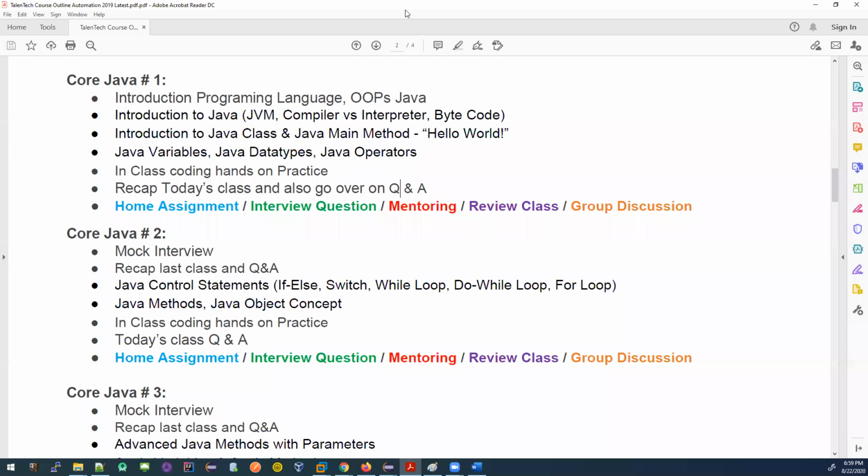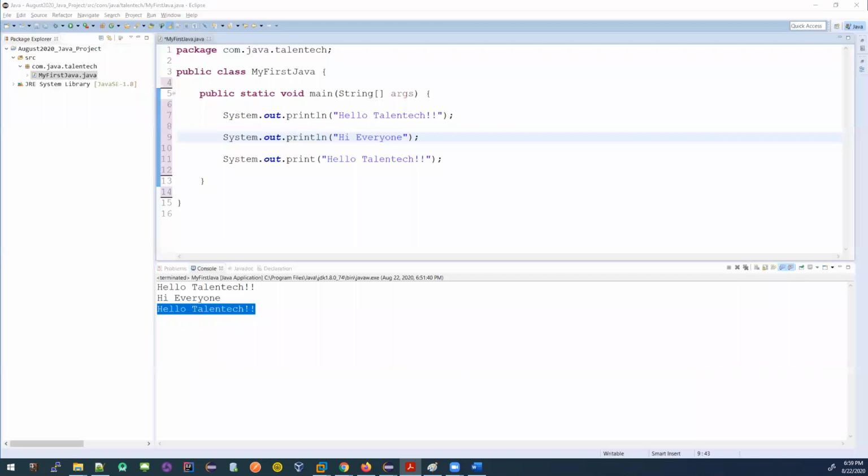Even the single printing line, try to do it at home. If you don't have Eclipse or the JDK installed, your first priority is to get it done from Talentech. Talentech will help you. I'll send a mail to Simon Bhai, and he'll help you get it done. Then follow the instructions from this recorded video, create a simple class and execute it. Nothing more than this.